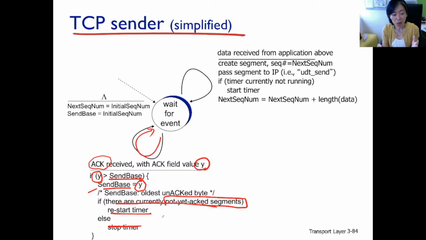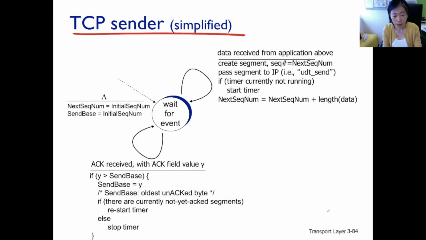All right. So, looking very simple. That is also saying when y equals the send base, we do what? Nothing. So if a duplicate ACK is received at the TCP sender, the timer does not get restarted, unlike in Go-Back-N. Yeah, in Go-Back-N, even though the sequence number is the same, the timer gets restarted, refreshed.